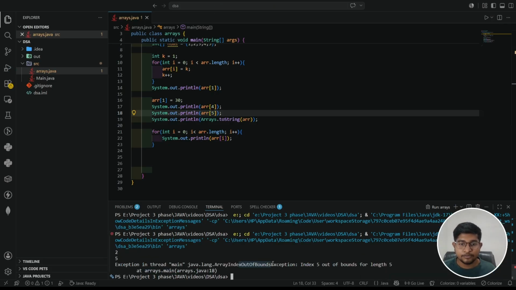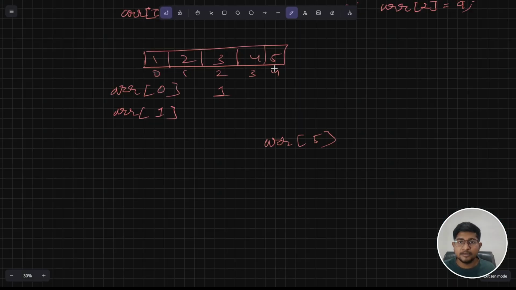See, index out of bound. This will be an error. Accessing the array index out of bound means the index is not present. We are out of that index. Means here we are pointing, no, we do not do that. Okay. So this is what it was, and